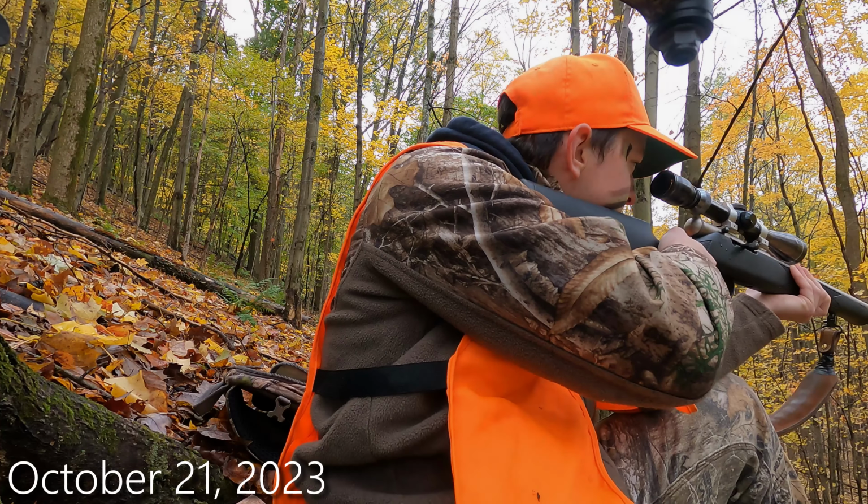I couldn't quite tell what deer that was. But down there, 150 yards, just glimpses through the trees. I saw far more looking through the viewfinder of the camera than what I could see through the scope. And I got no clue where that other deer was. I don't know if it was that little forky from earlier. Saw it for just a split second, but either way,